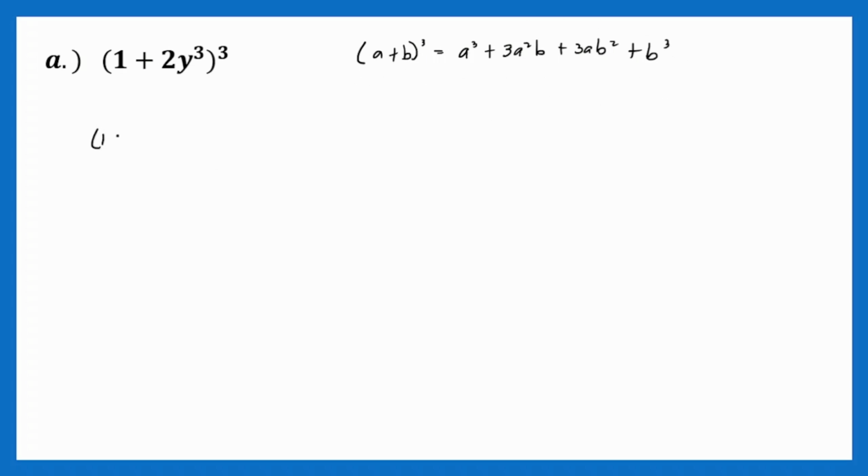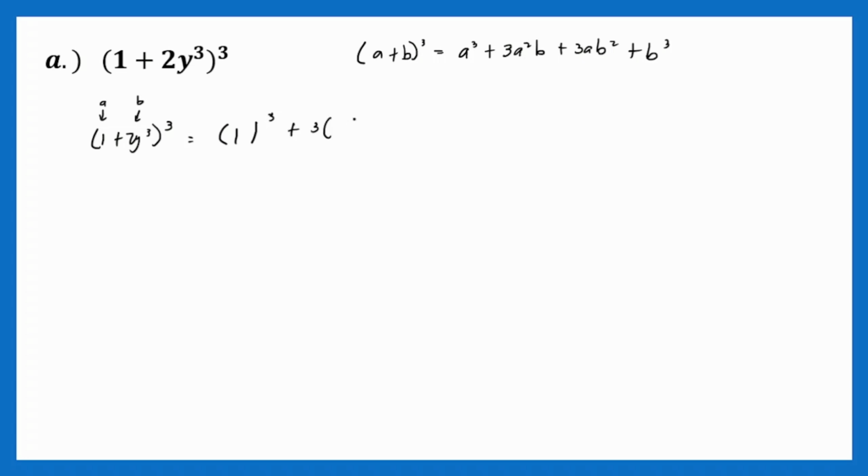Next, 1 plus 2y cubed, tapos naka-cube pa. So, this is A, this is B. Identify muna si A sa si B. Lahat ng A magiging 1. Okay? Lahat ng B na makikita mo magiging 2y cubed. Okay? Pero yung 3 dyan, constant. So, since A cube ang unang papalitan, magiging siyang 1 cube